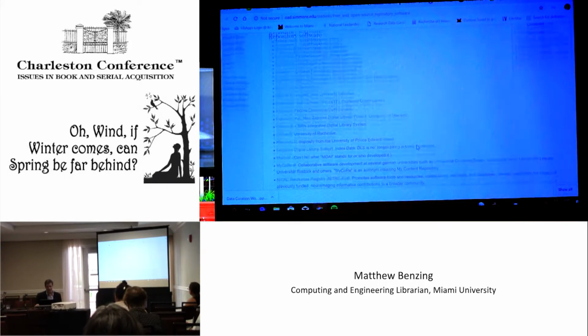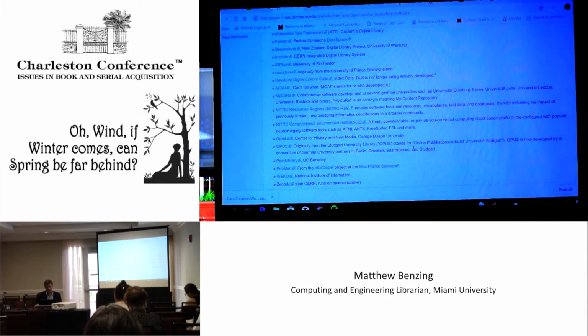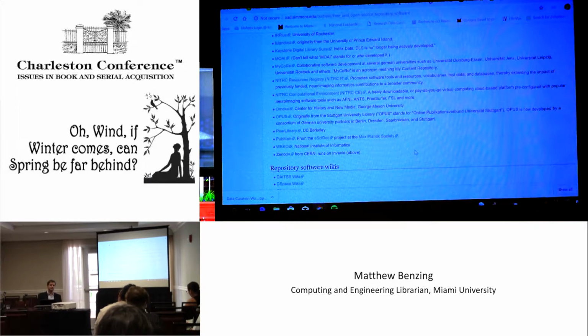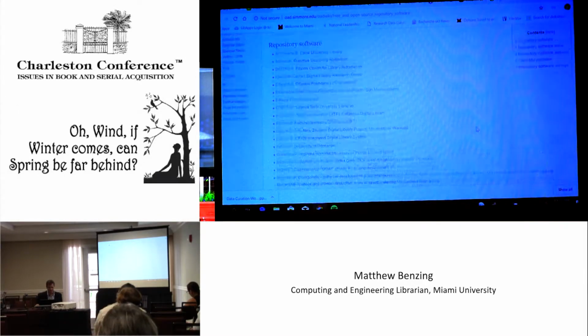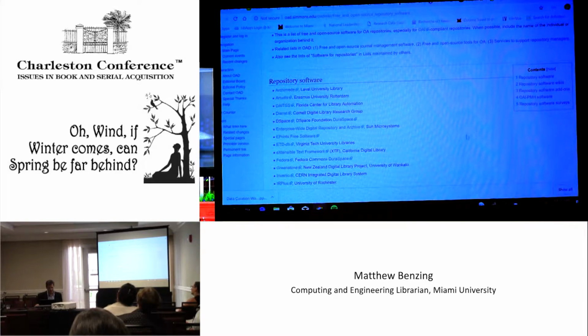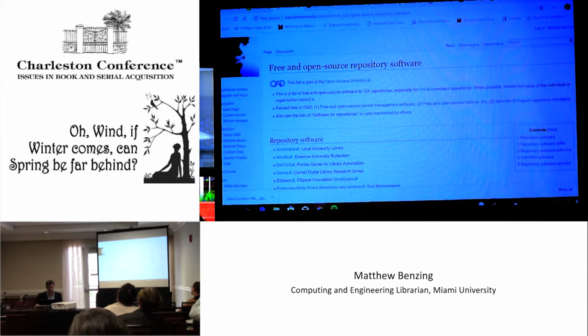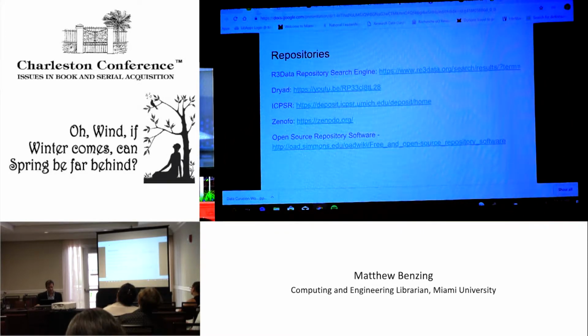Another link here is the open source repository software link. This is just a list of open source repositories. Probably a lot of your, how many of your institutions have their own repository? Yeah, pretty much almost everybody. Some institutions have in their policy that if you can deposit your data somewhere else, then do it somewhere else and we'll link to it. So a lot of times these repositories are useful for that. And of course you might want to have the data in more than one place. It might be in your repository, but it also might be in one of these. At RPI we used to use DigitalCollections, which I wasn't a big fan of. We used DSpace at Miami, which I like quite a bit better.